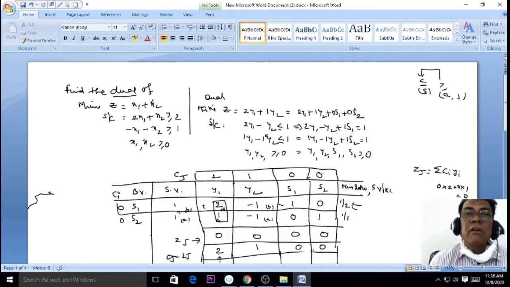After that, take all elements and enter them into the simplex table. Already you know the simplex table has Cj, Ci, where i and j are the ith column and jth row, that's all. Next, the basic variable and solution values. Don't write x1, x2, because the question is given as a dual, so the simplex table contains y variables.